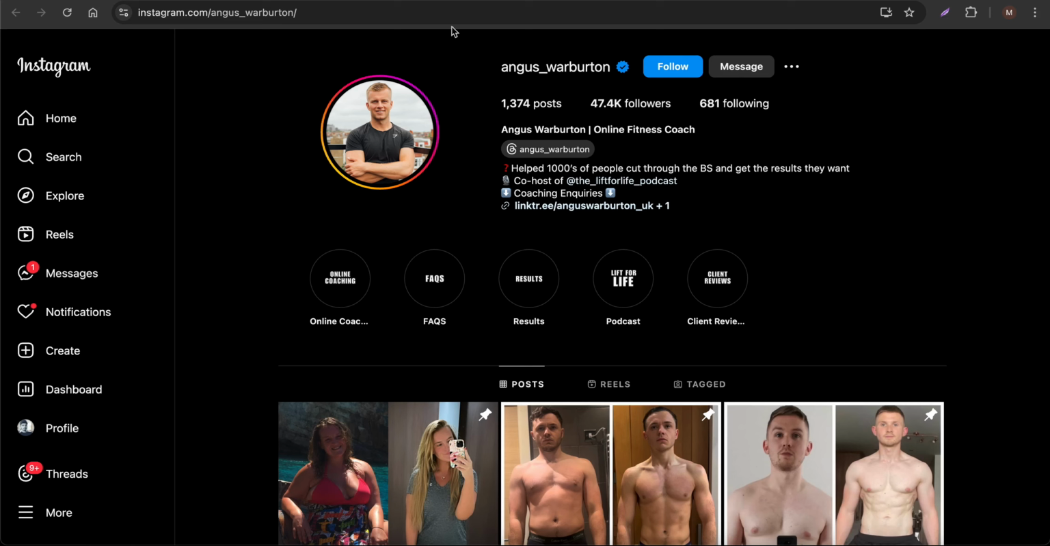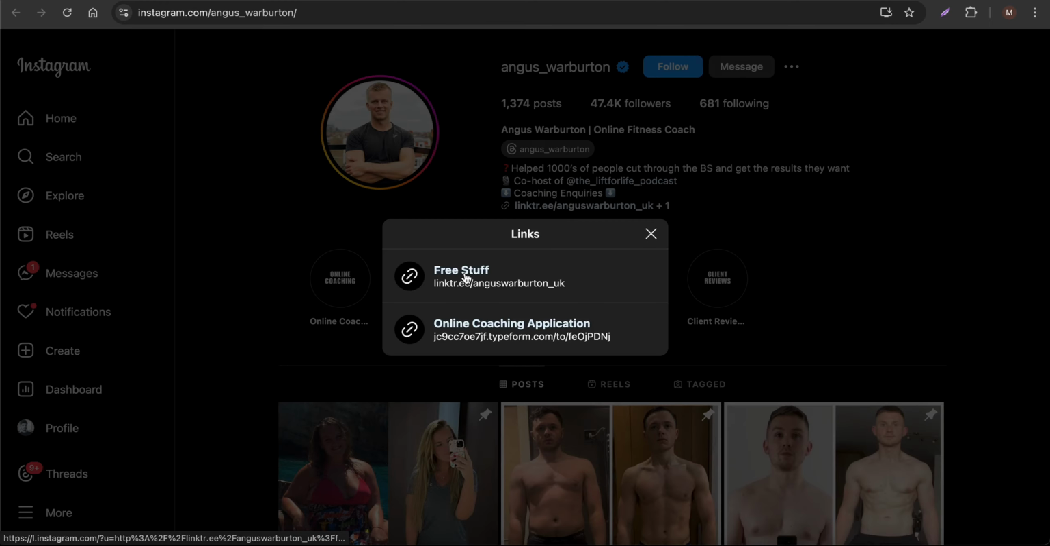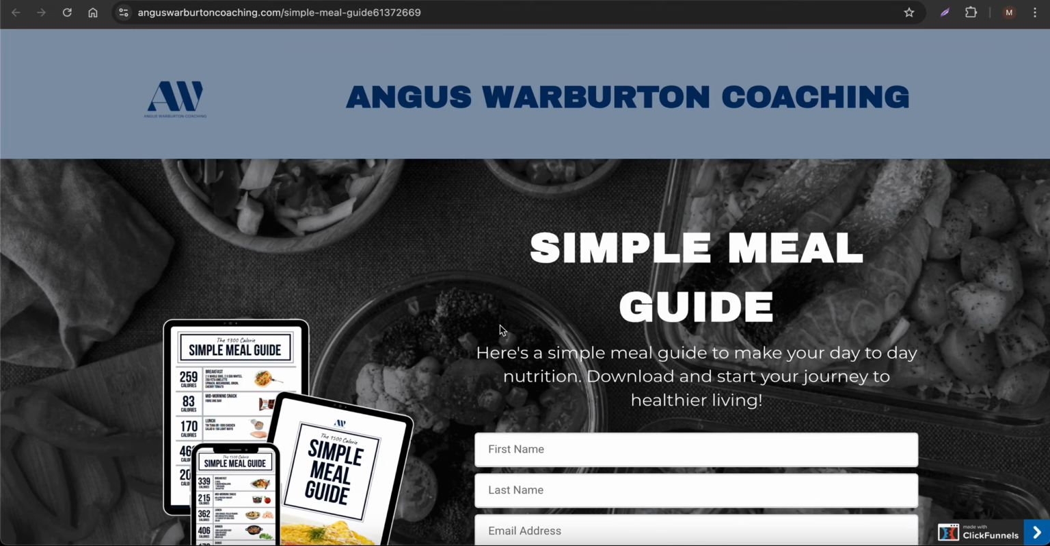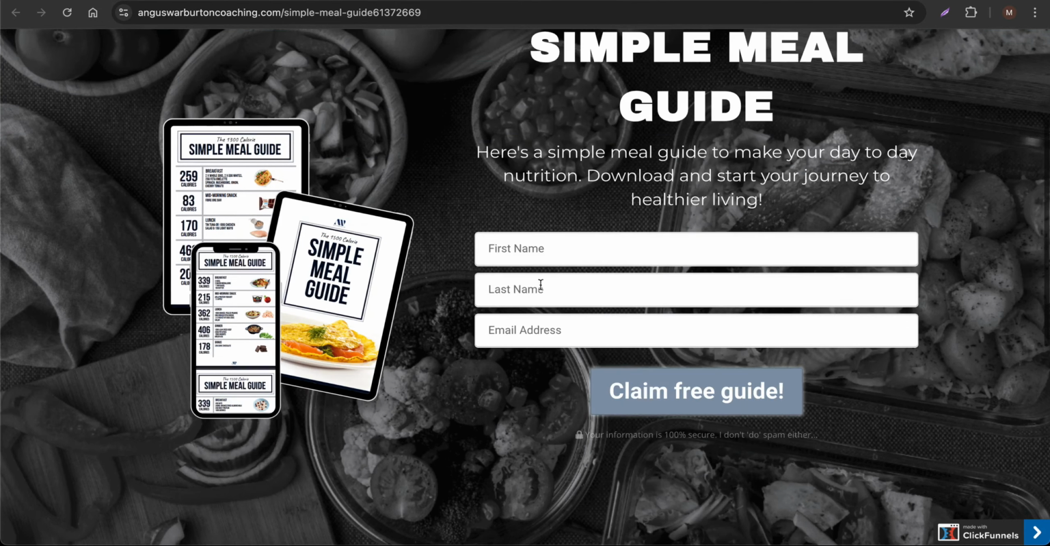So here I'm looking at a random Instagram profile, and here they have this particular link tree. So here I'm just clicking on this particular link over here. So let me see free stuff, and it actually opens this particular link tree, and here they have different sorts of options. And here let me choose, like, simple meal guide. Let's see what happens. And it's opened this particular page, and it simply asks me to provide these details to